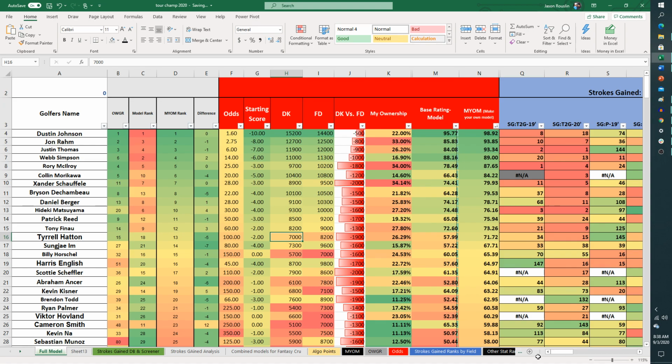All right, so that will do it for me here for a PGA DFS model breakdown. What I'm going to do for the showdown stuff is I'm going to be doing a model breakdown and a picks video each and every night for the showdown contest. It seemed to pick up a nice bit of movement last week when I did it for the first time, so we'll make the video a little bit better, a little bit more interactive, so we can try and build